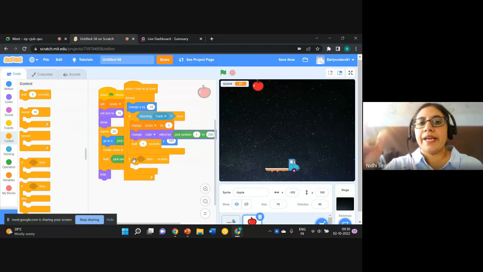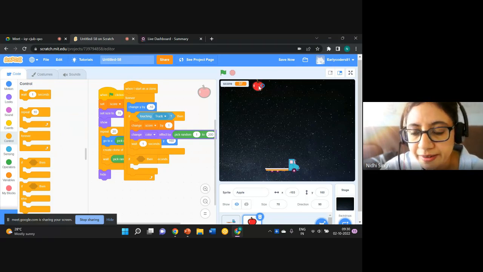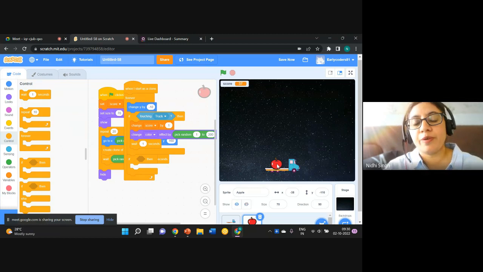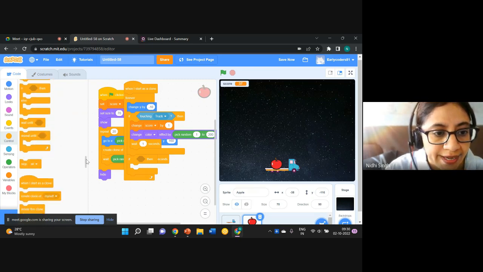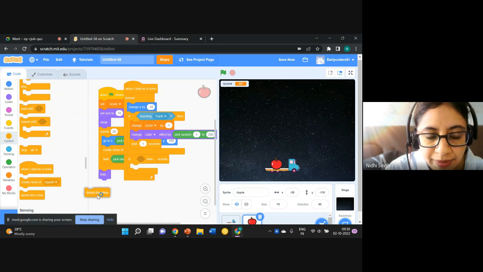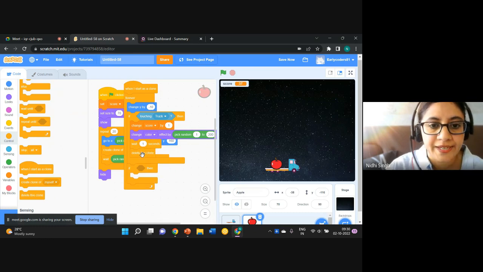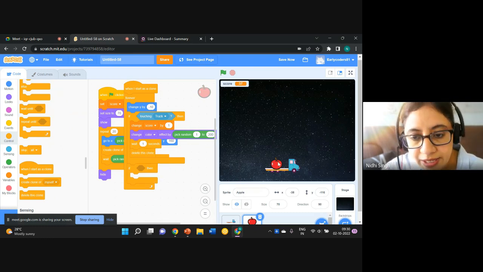So when it touches the truck, see it is falling down. When it touches the truck, we have to collect other apples also. So we need to delete that clone after a few seconds. After a wait of 1 second, just delete this clone because you need to collect other apple sprites also. So delete this clone. Second condition is, now see, if you miss the apple and it is touching